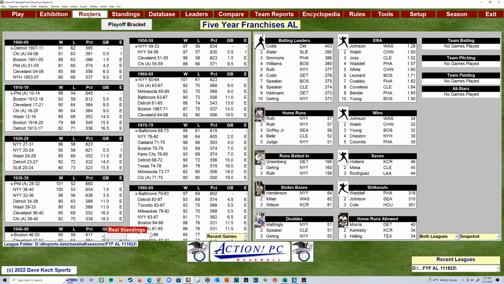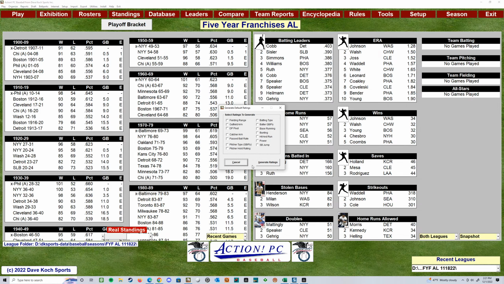I found a bug also when I created some teams, because when I create teams, get all the data in, I go over here to generate default player ratings, and these are the ones that I generate. I let the game determine based on the stats what these are, this one, and that one. These others that are blank, I do all the data and crunch those for these files, for the 5-year files.